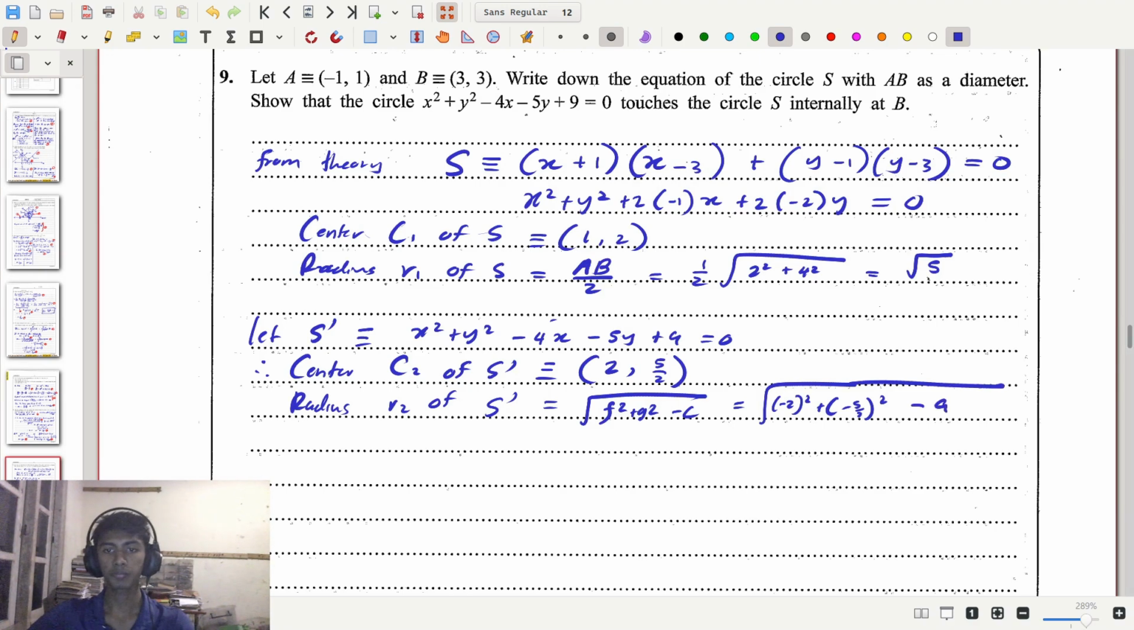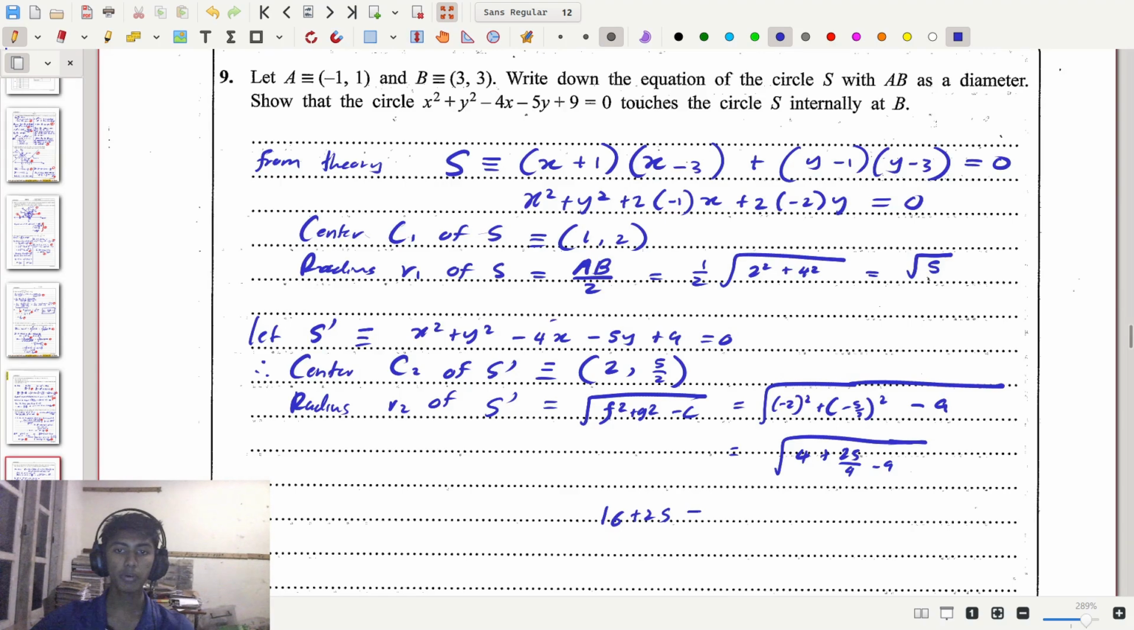Now if we simplify this, we get the square root of negative 2 squared, which is 4, and then negative 5 over 2 squared, which is 2.5 squared, or 25 over 4, so we write plus 25 over 4 minus 9. If we take this all under a common denominator of 4, we get 16 plus 25 minus 9 times 4, which is 36. So 16